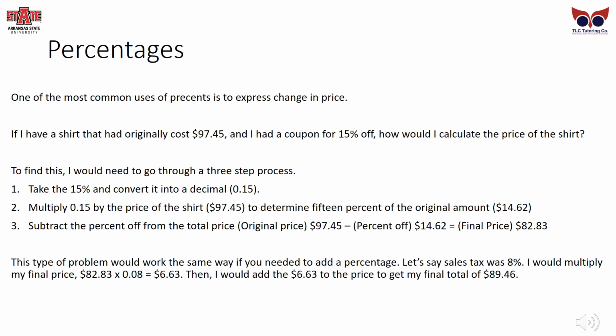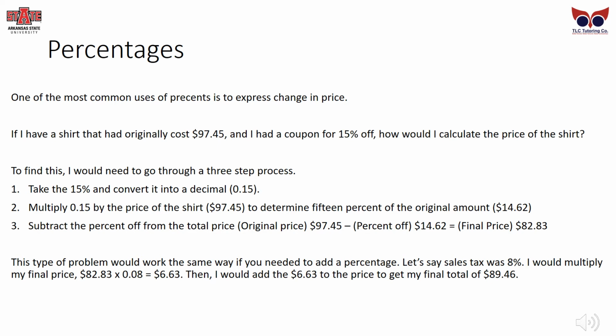One of the most common usages of percents is to express change in price. If I had a shirt that originally cost $97.45 and I had a coupon for 15% off, how would I calculate the price of the shirt? To find this, I would need to go through a 3-step process. First, take the 15% and convert it into a decimal, 0.15. Second, multiply 0.15 by the price of the shirt, $97.45, to determine 15% of the original amount, which is